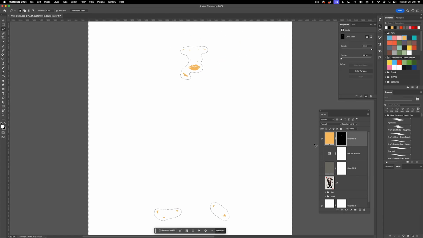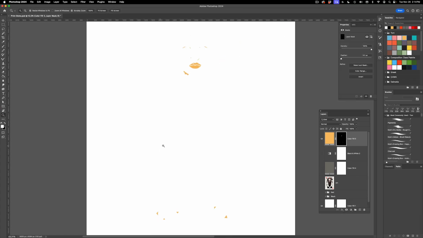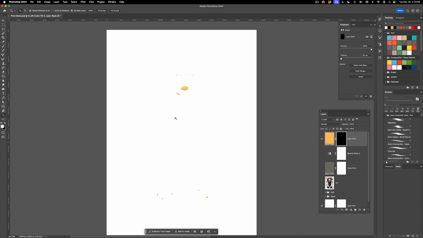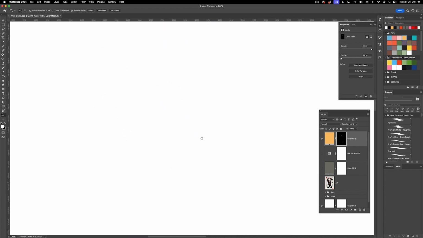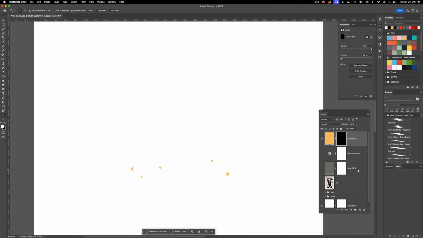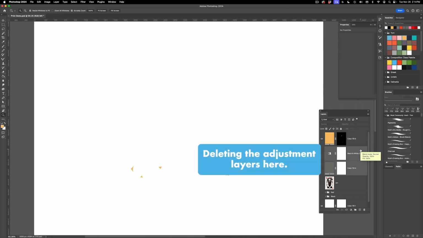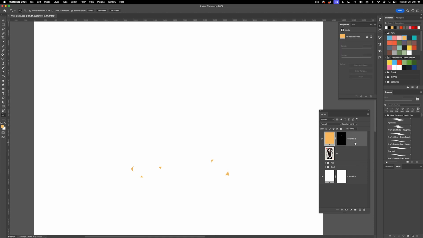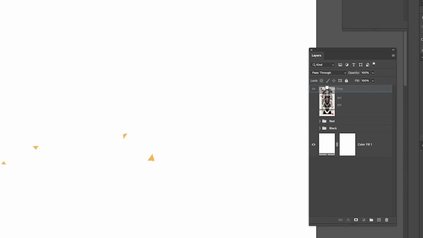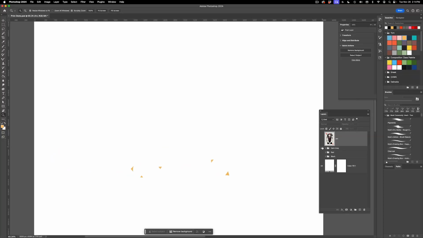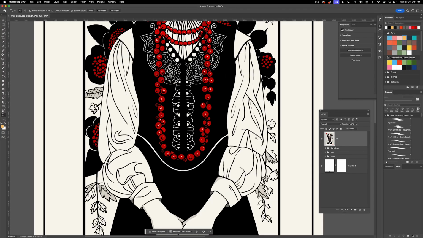And now I'm just going to hit delete. And you won't be able to notice, but all those specks everywhere else are gone. There might be a few stragglers here, but for the most part, I just got rid of all those specks. So we can get rid of these adjustment layers. I'll just put this yellow layer in its own group and call it dark gray. And then I'll move the original art layer up, and we'll keep using that as our reference for the next